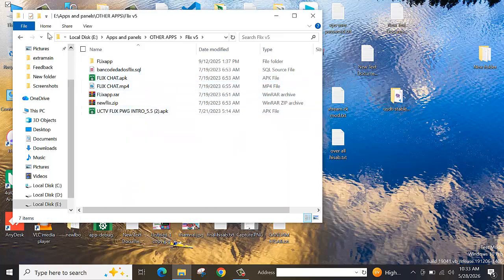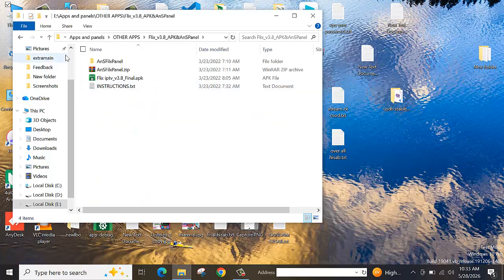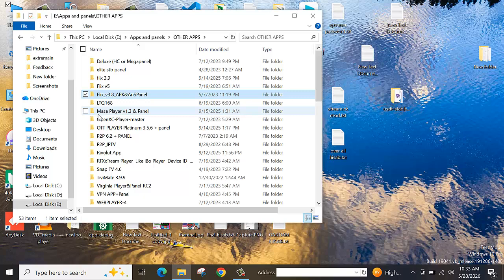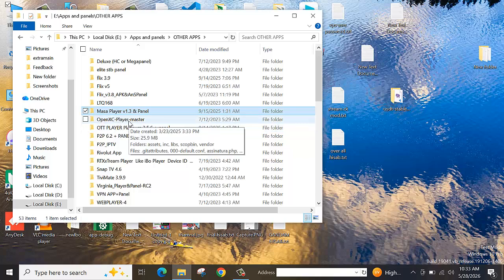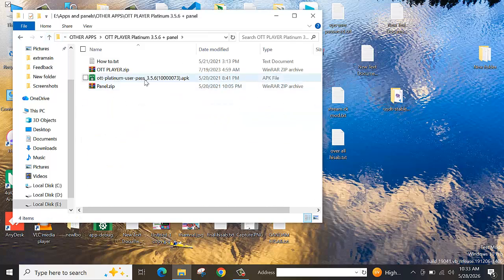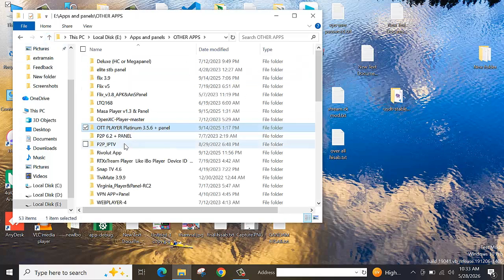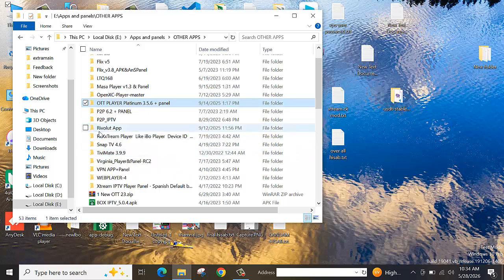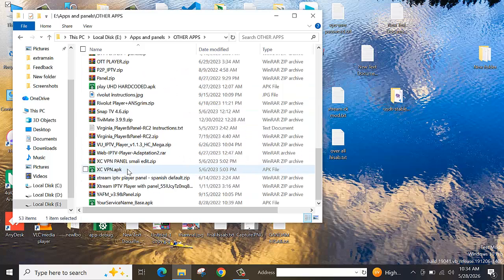Here flex 5 variant, flex 3.8 variant, and multiplayer. You want for this, for example XC player, and this OTT player plus panel zip and APK this variant, and have to use this as an integration, used for upload and link this application, and P2P IPTV will resolve it, and RTX stream player like IBO devices key is all I have this for, plus application and panels,